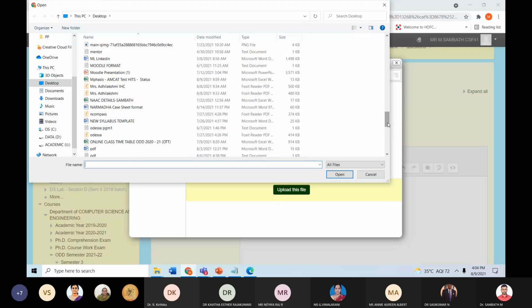Okay, so if you have any image, you can select that image and put it here so that the image will be displayed here. That's not an issue. And similarly, you can insert the image, you can insert the video, and you can insert the audio. The questions may be based upon the video that you have uploaded, anything.